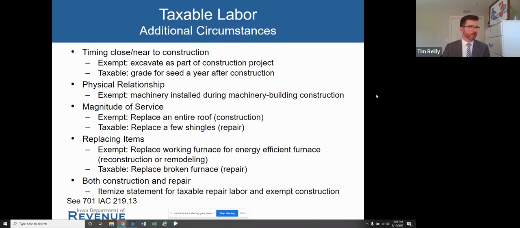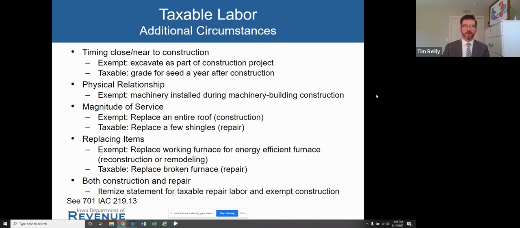And so the example here is doing landscaping or excavation. If it happens before the foundation goes in, that's obviously part of the construction project and would be exempt.